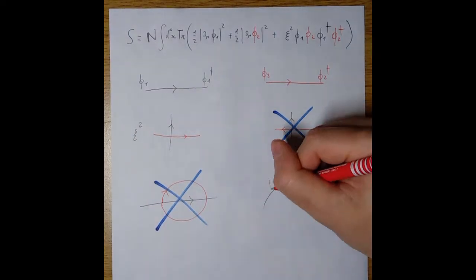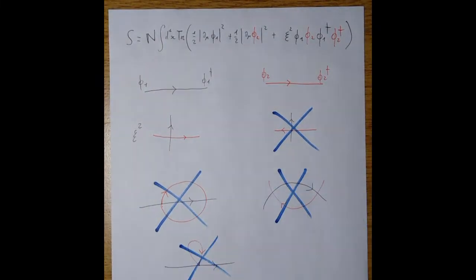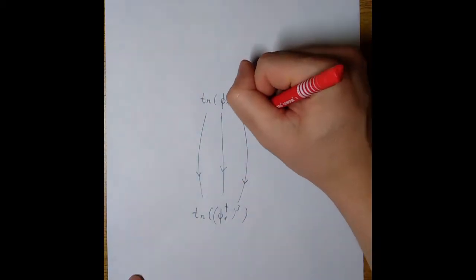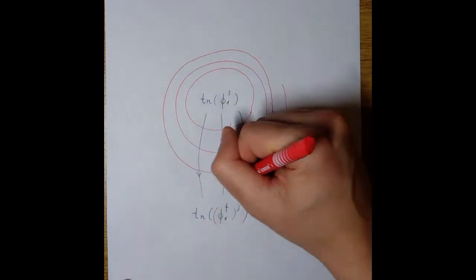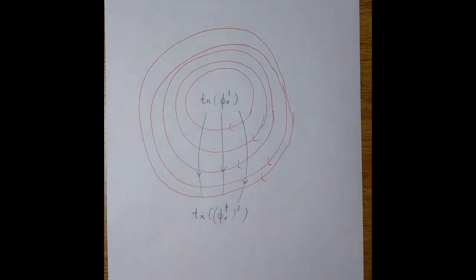In addition, many more diagrams which would be present in a standard phi to the 4 theory are also not allowed. The net result is that only graphs that have a Fishnet structure in the bulk are present in this theory. These are examples of Feynman diagrams built with these rules. They are constructed by iterating many times either wheels or spirals. This means that for any loop order, there is at most a single Feynman diagram, which is amazingly simple.